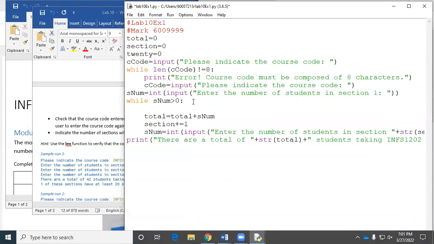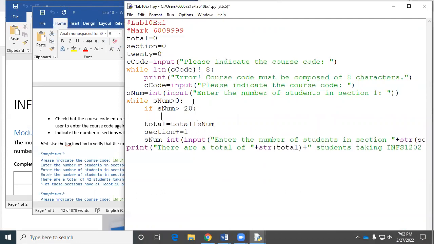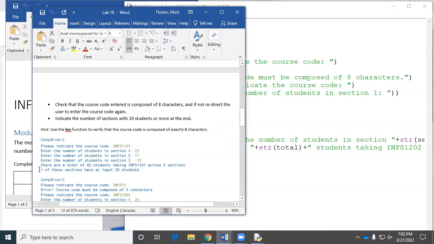And then what we're going to do is put right at the start, if the number is bigger than 20, then we're going to add to the 20. So just an if snum is bigger than or equal to 20, then we're going to add to the 20. So we can use our newly discovered thing that we like to use to save time. So that means we're going to add 1 to it, just like we did for the section. So that saves you a bit of typing. We all like saving a bit of typing. And then we're going to have this thing down here,